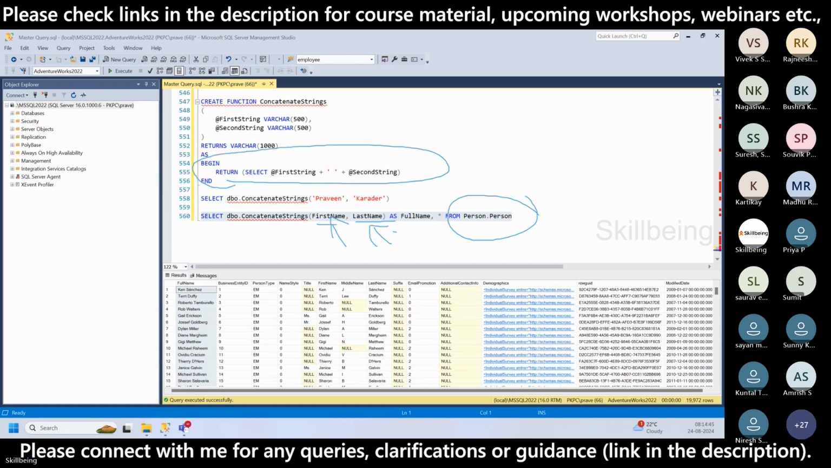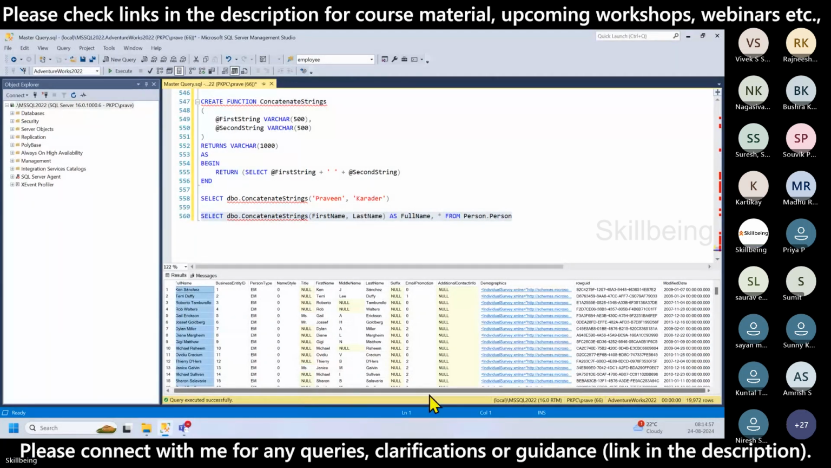Okay. Similarly, let's say in this table, we don't have the date of birth. If at all we had the date of birth, we can also create one more function to get the date differences, and we can use it here to find the age. Okay, for example,